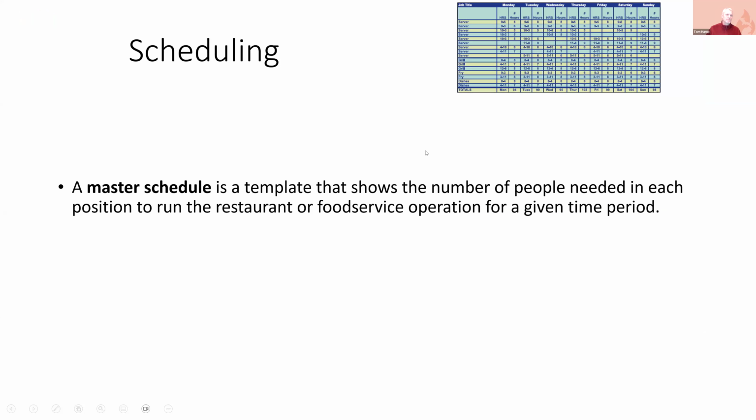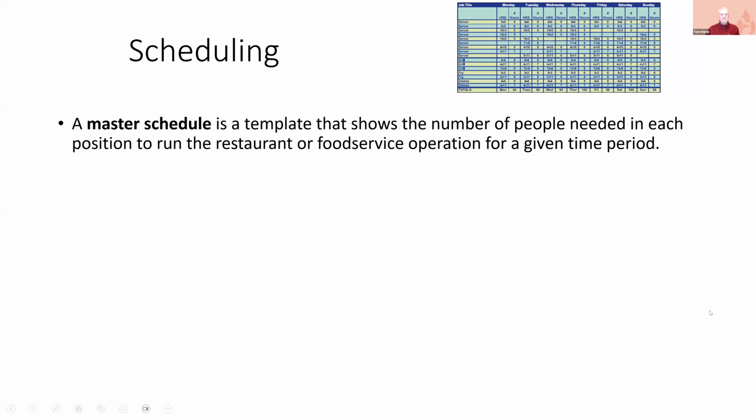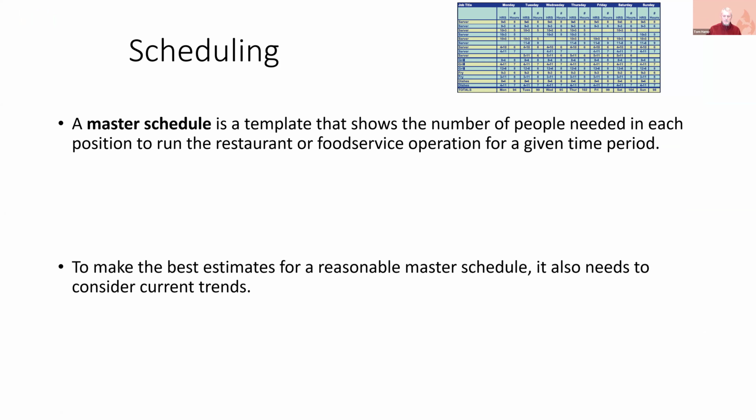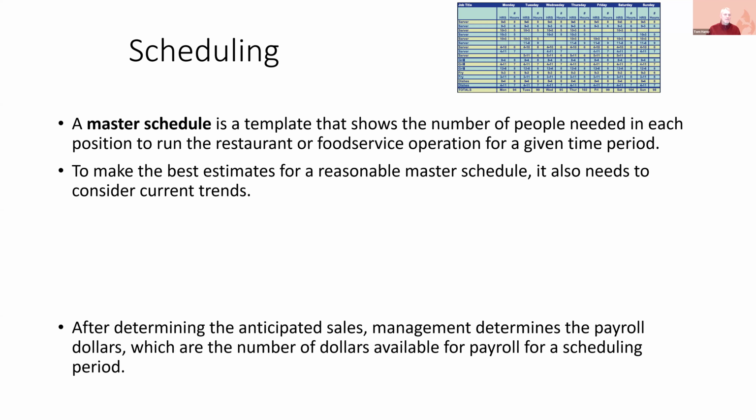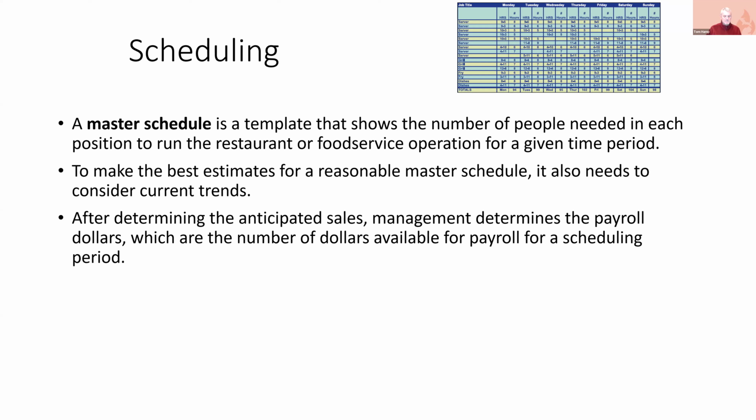So scheduling, right? A master schedule that we just showed is a template that shows where everybody's supposed to be for a given period of time. So it's the full boat from the front of the house to the back of the house and everything in between. These are our best estimates, right? A reasonable master schedule also needs to consider current trends, things that are going on that might affect that. It also anticipates sales,